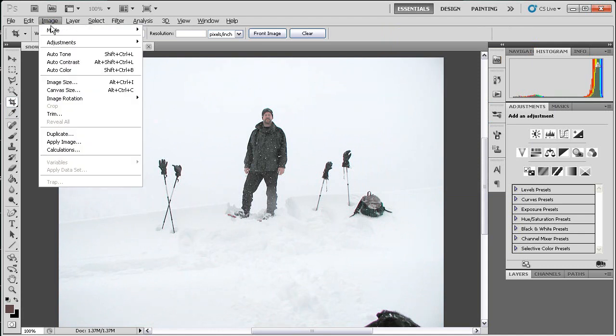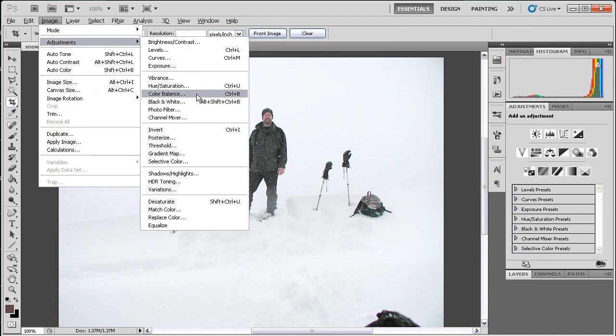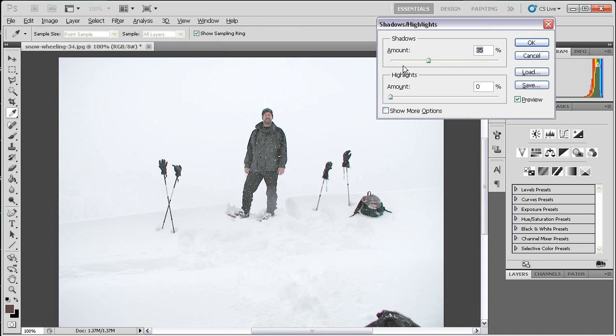Now the second thing is to go in and try to bring up those shadows a little bit more using the Shadows Highlights command. By default this was at 35, and you can already see that that has made a big difference. Especially in the jacket here, you can see that this actually is a gray jacket with black on it rather than just a plain black jacket. I think I'll actually take that down just a little bit